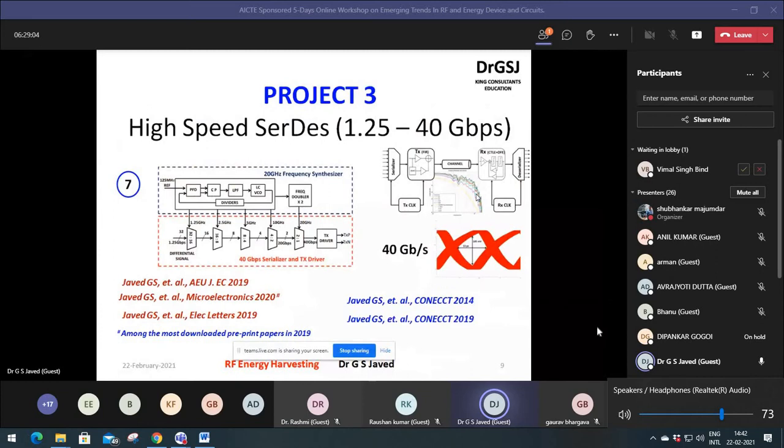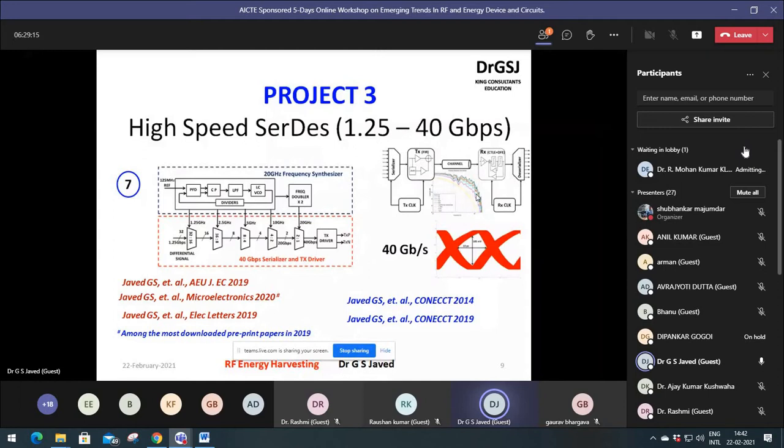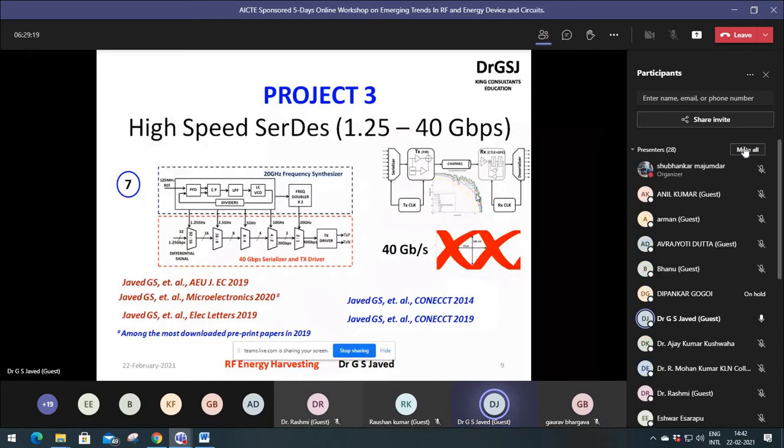The most recent projects I've been working on are the high-speed SerDes, where we're doing SerDes work from 1.25 Gbps to about 40 Gbps. Most of my recent works have come out of this. We look at TX equalization, RX equalization, post-processing, channel understanding, what margin we get, and how you maintain that. We worked on a lot of high-speed SerDes deliverables. Another project which we did was